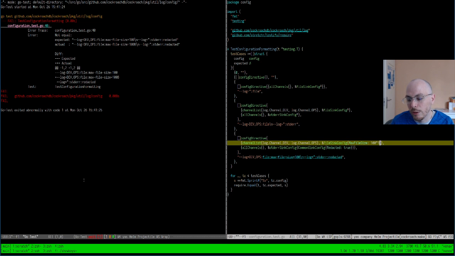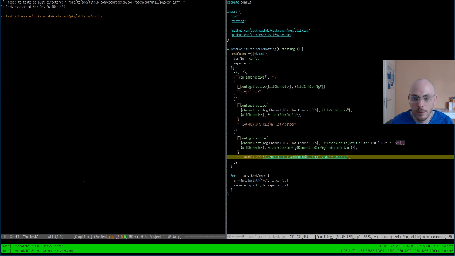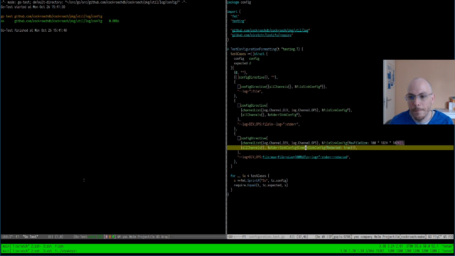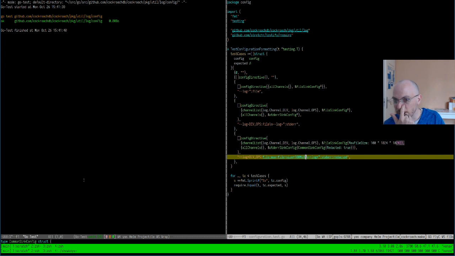So suppose I were to say 100 megabytes. There we go. What did we achieve now? We have an abstract syntax tree for our logging configuration that recognizes channels and different types of sinks. Each of the sinks has its own data types for its configuration fields, and it's able to pretty print itself in the same format that we want our parser later to recognize.